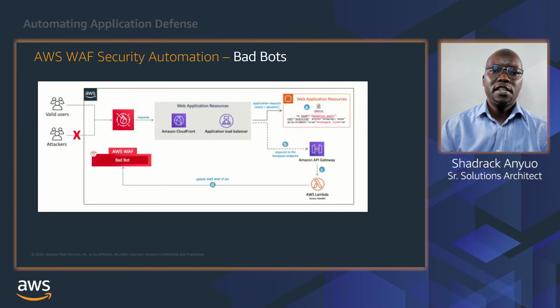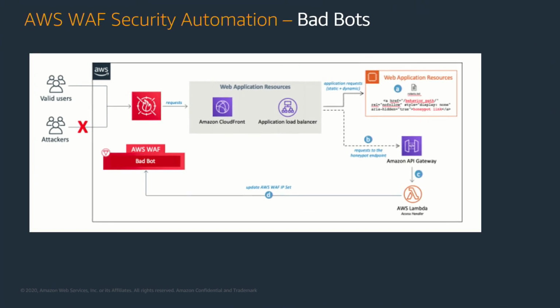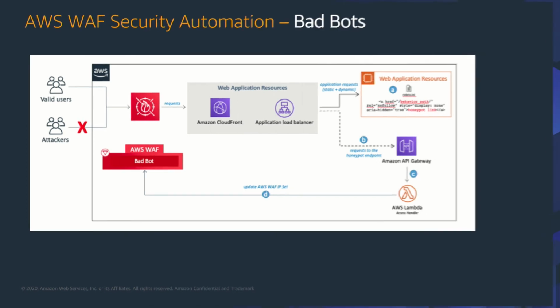The last use case is managing bad bots. When you operate publicly accessible web applications, you have to trust that the clients accessing your content identify themselves accurately and that they'll be able to use the service for the purposes intended. However, some automated clients, such as content scrapers or bad bots, misrepresent themselves to bypass the restrictions that you put in place. This solution helps you to identify and block such clients and scrapers by the use of the honeypot concept.